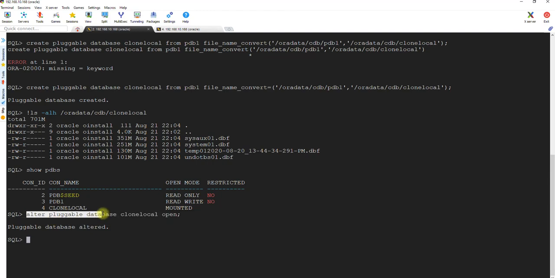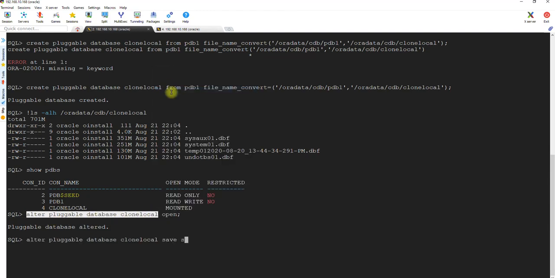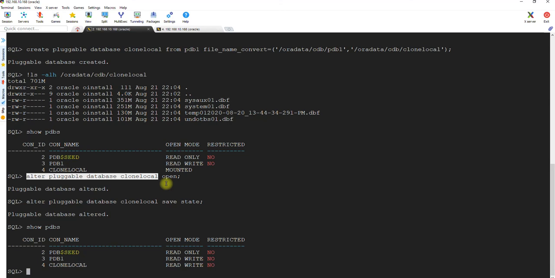Okay, and then alter pluggable database, same thing, and then you have to say save state for multiple restarts, and it will be a persistent state, right? So it will always be open every time the server or database restarts. So show PDBs, it should say read write. So everything looks fine. Let's start validating stuff.